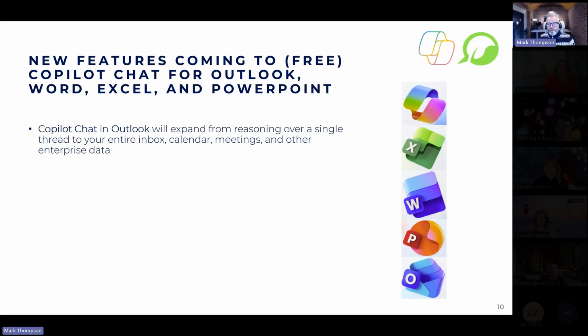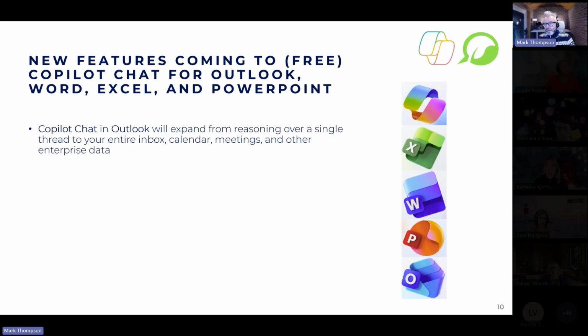New features coming to the free version of Copilot, so Copilot Chat for Outlook, Word, Excel, and PowerPoint. Some of the details are a little bit ambiguous, so I'm being a bit vague. I apologize. Often when Microsoft announce stuff, sometimes you just have to wait and see, or maybe go and look at their website and read one of their knowledge bases that follow afterwards. But let's have a look at this. So Copilot Chat, the free version of Copilot, instead of looking at the email that you're on, or the email thread that you're looking at, is going to be able to reason over or look at your whole inbox now. And your calendar and your meetings. I think that is going to be a massive win